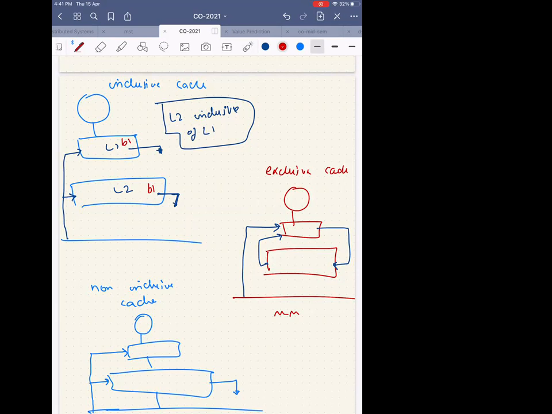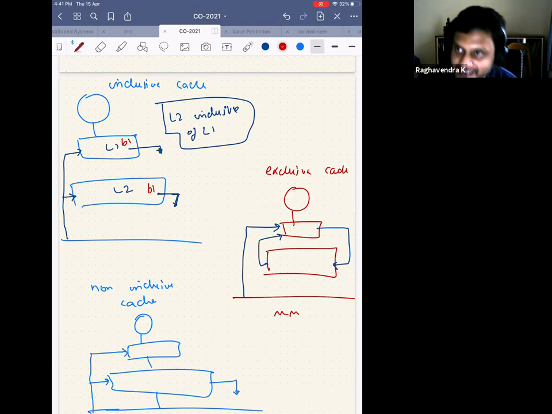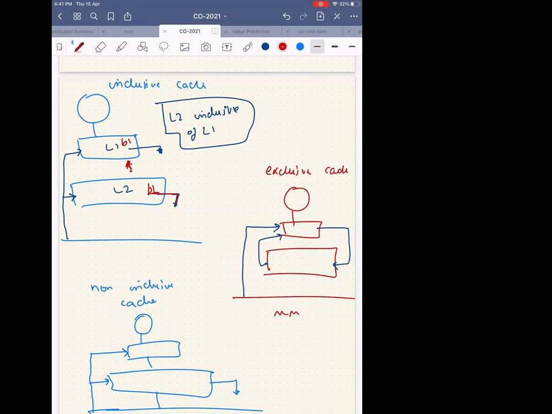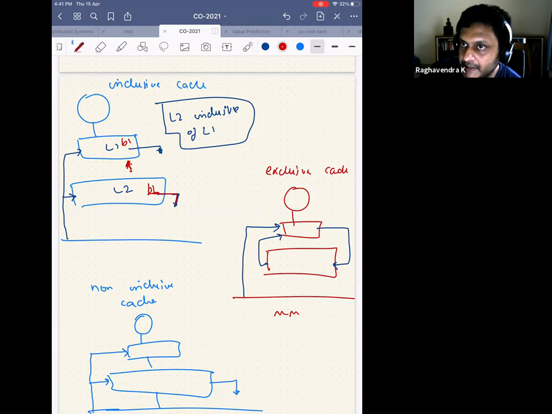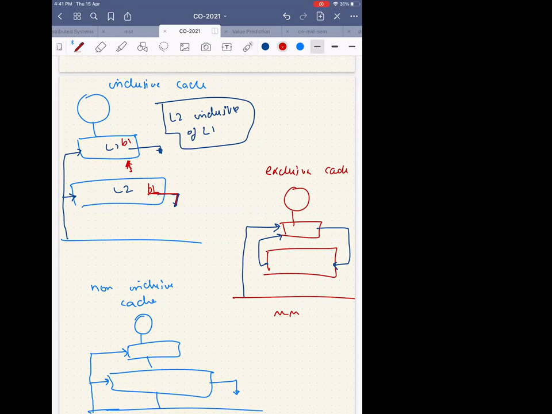So what's the question now? No, see, what did I say about inclusive cache? I said that when I remove a block from L2, I make sure that I send a message to L1 to remove the same block in L1 if L1 has that block. Okay. Now the block is B1. The B1 has become a candidate for removing from L2 because it is getting replaced by some other block. Is it okay till now? Yes, sir. If you're following LRU, it would have already been removed from L1. It would have been already removed from L1, right? So why should I send a message to L1? Yeah, you don't need to if you're following LRU.